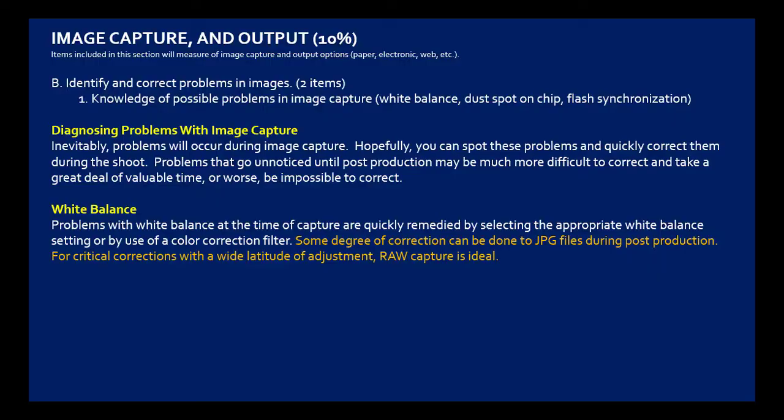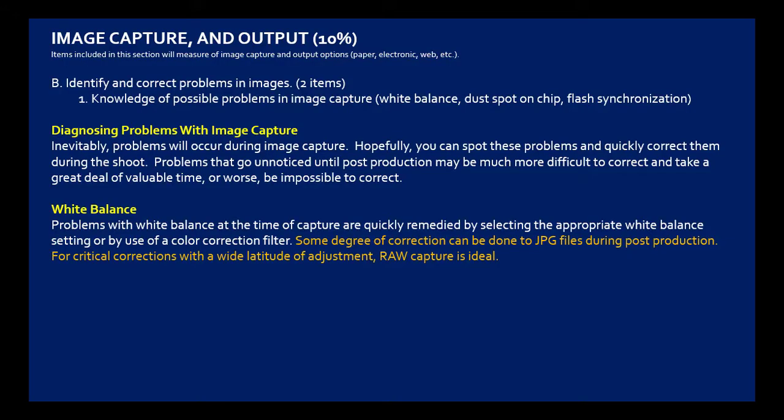We're now on Section B of Image Capture and Output. There's two items on the exam from this section. Section B says, identify and correct problems in images. So here we're going to be taking a look at elements that go wrong during image capture and how we can correct them. Number 1 says, knowledge of possible problems in image capture, including white balance, dust spots on chip,